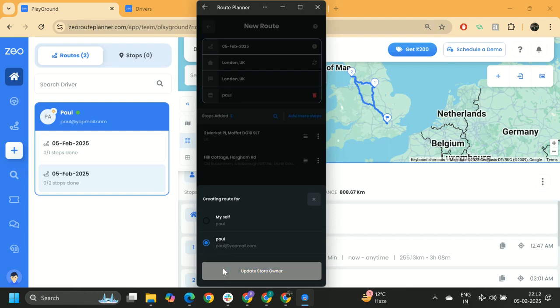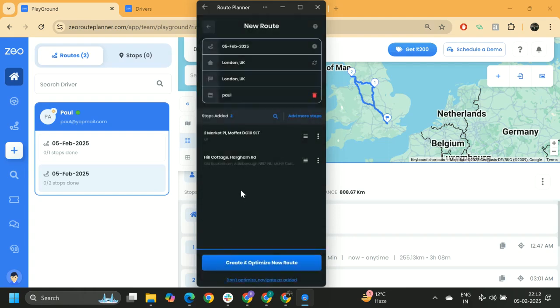Step 5. Finally, tap Optimize Route or Navigate as added. Your route will now be created successfully. And that's it. You've successfully created your route on the mobile app using your fleet